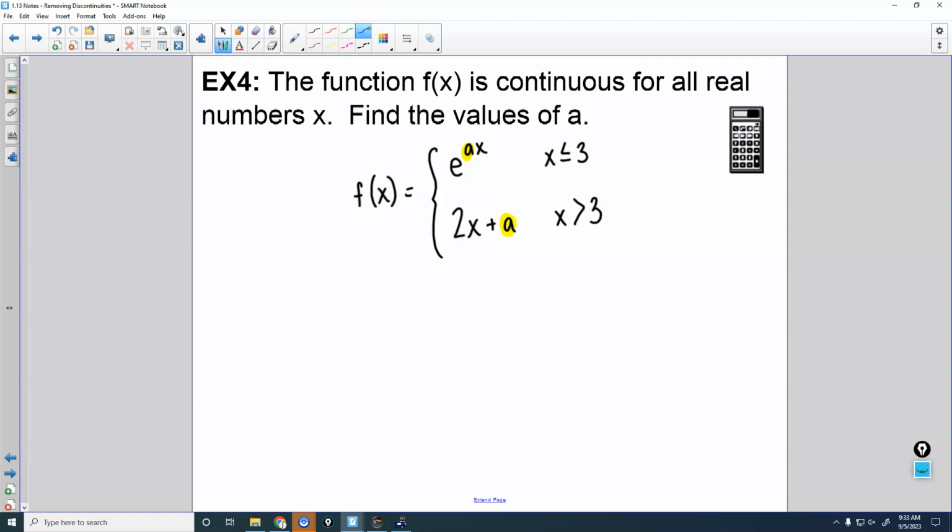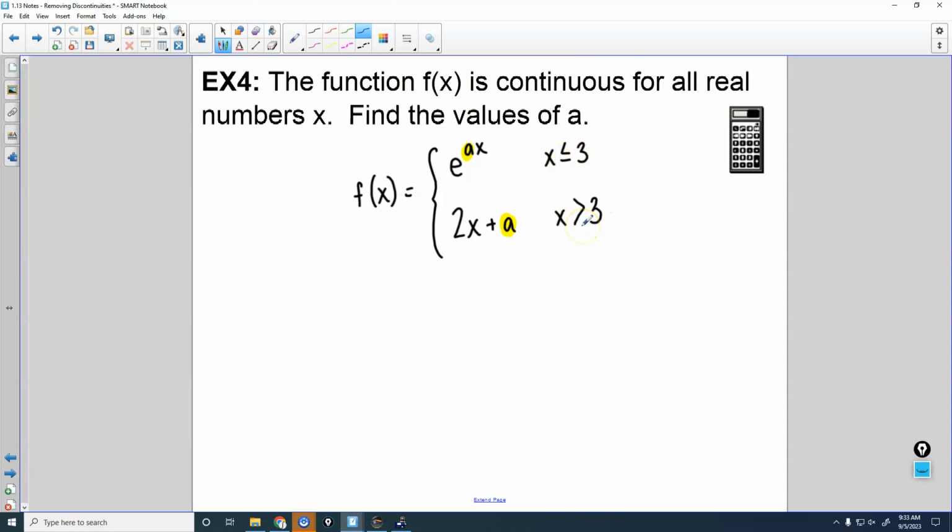2x plus a, what type of equation is that? Linear, always continuous, right? We don't have any discontinuities within those sections, which means the only place it might be discontinuous is where? What x value could we possibly have a discontinuity for? It's going to be the place where these two pieces meet. Where do they meet? X equals 3. Because we're using this one for x less than or equal to 3, and this